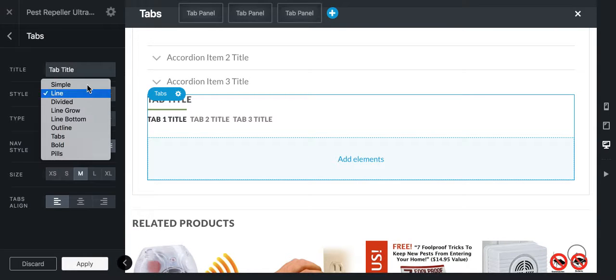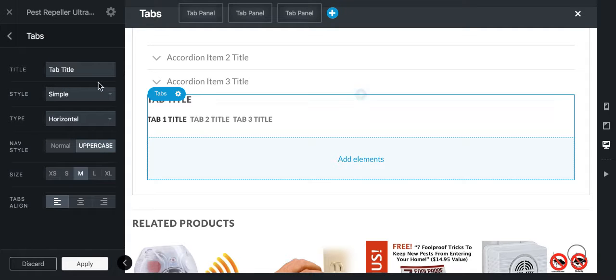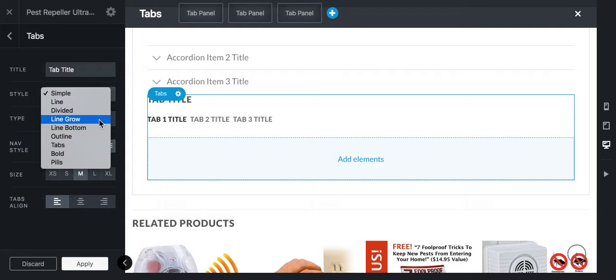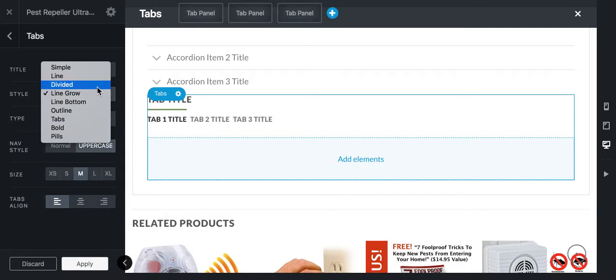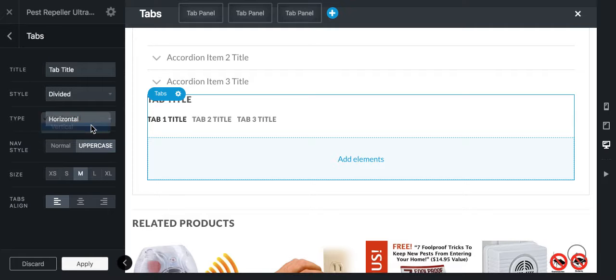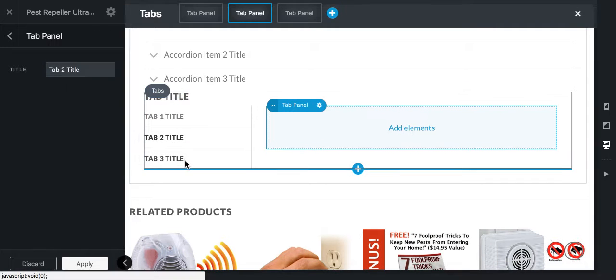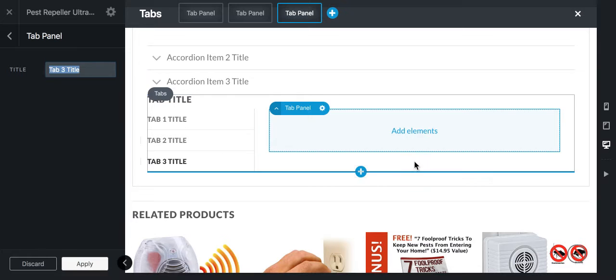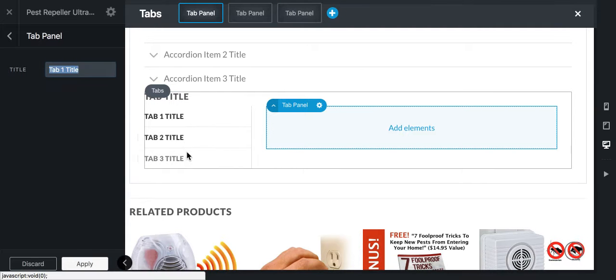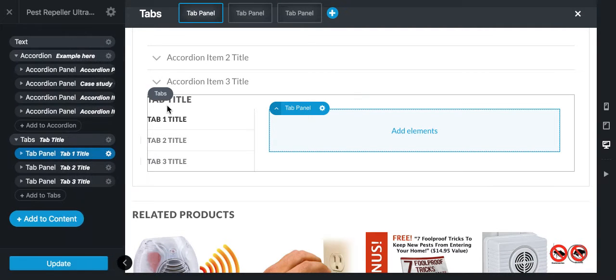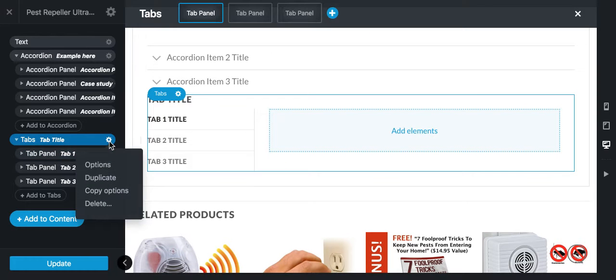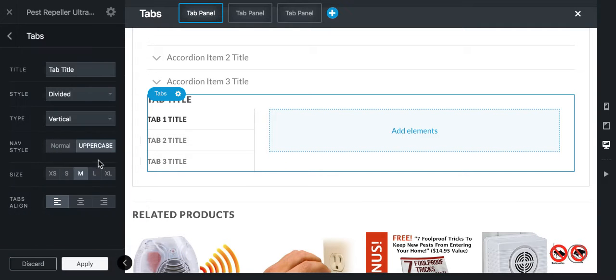Yeah, check this out. So style is, okay, so that's for the title. Horizontal, we can do vertical tabs as well, like this one. So we could even do vertical tabs where a person can click on each one of these. It doesn't really matter. So that's another one. And if I want to go change it again, I can just go into options,